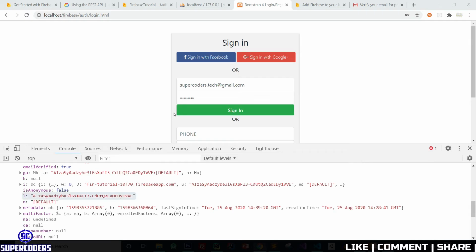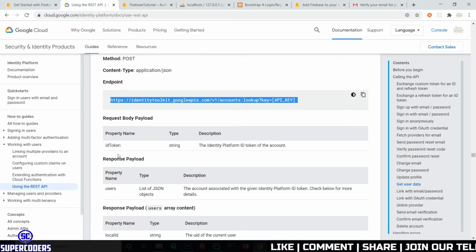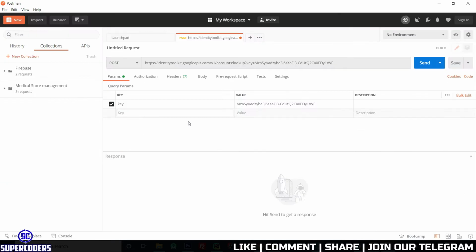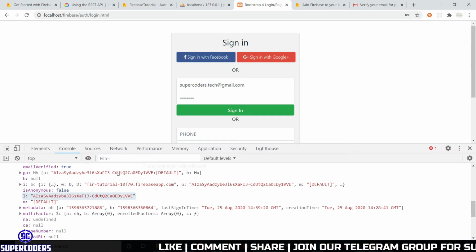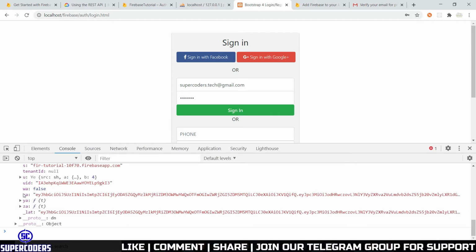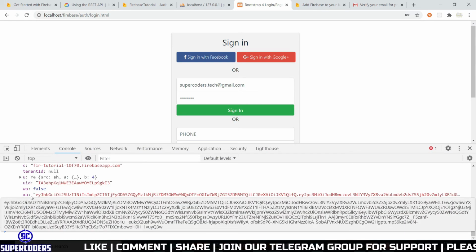After that it's asking for a second argument, which is idToken. Copy it, paste here, and in value copy this ID token. You can see here the access key is an ID token.